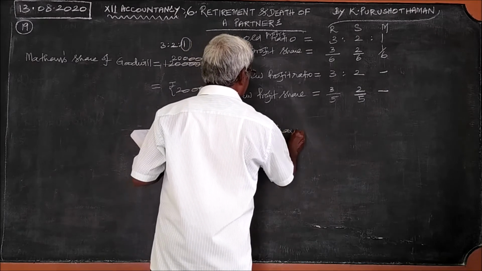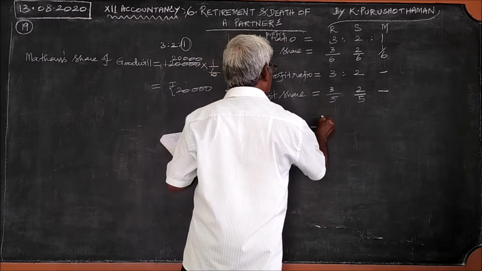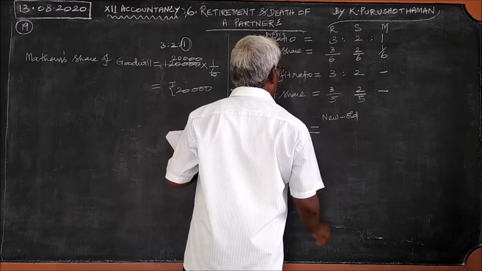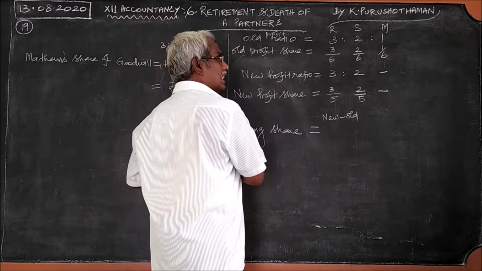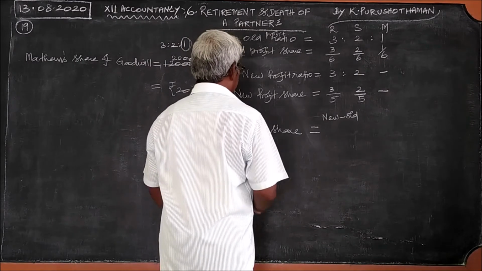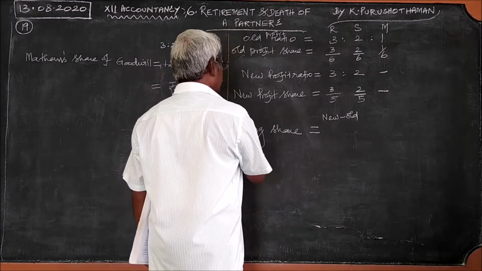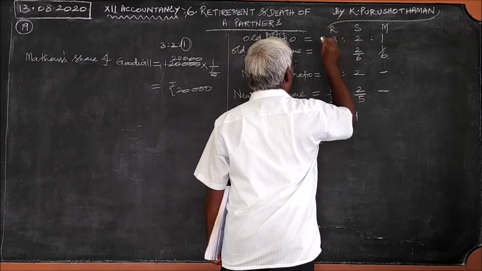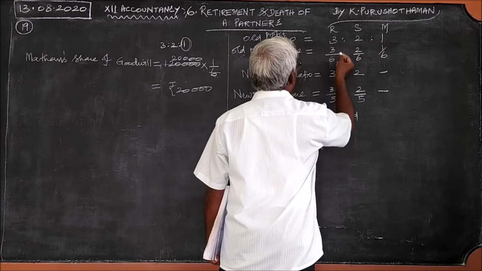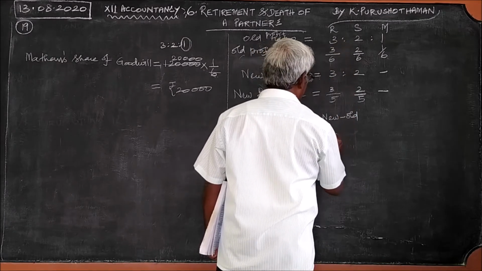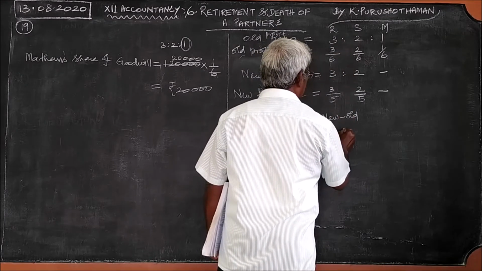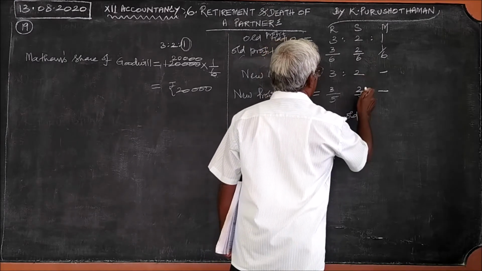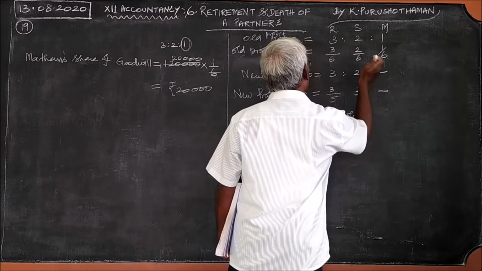Gaining share is equal to new minus old. Old minus new will give the sacrificing share. Here, new minus old will give the gaining share. What is new for Rajesh? That is 3/5 minus 3/6. Then for Satish, 2/5, new minus old,